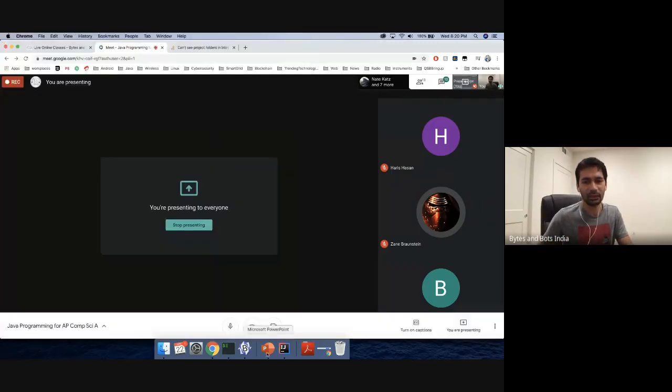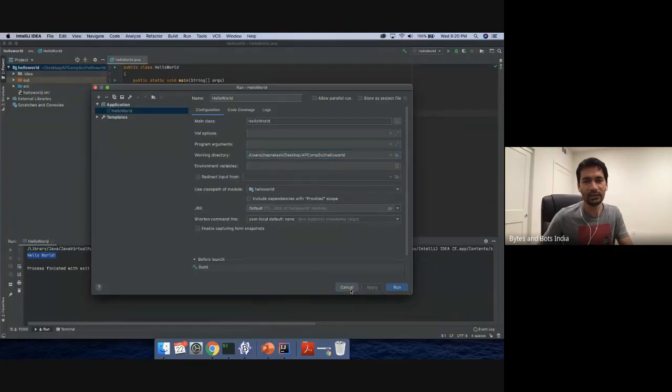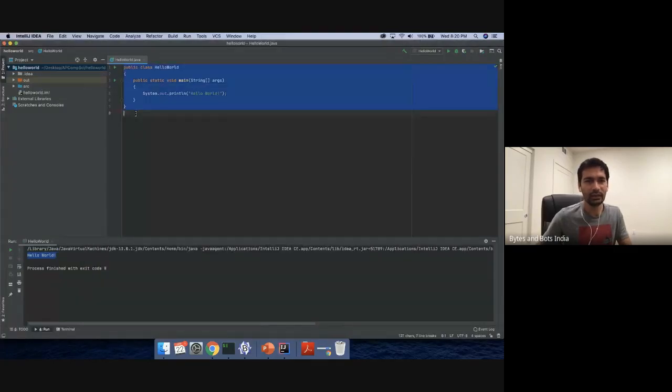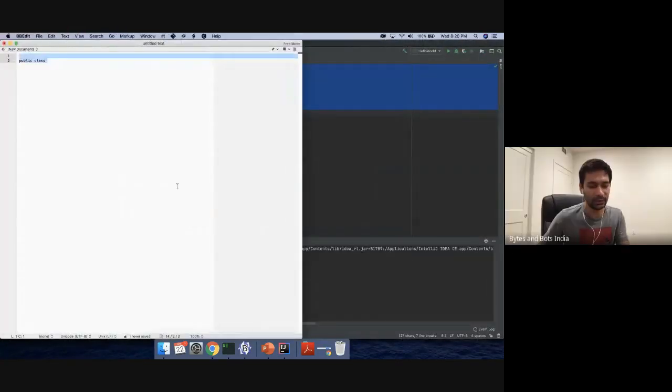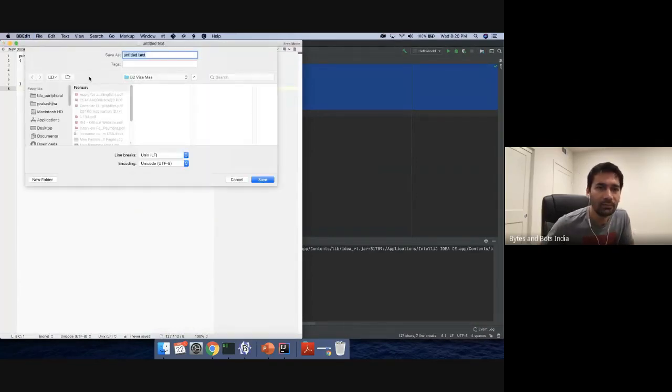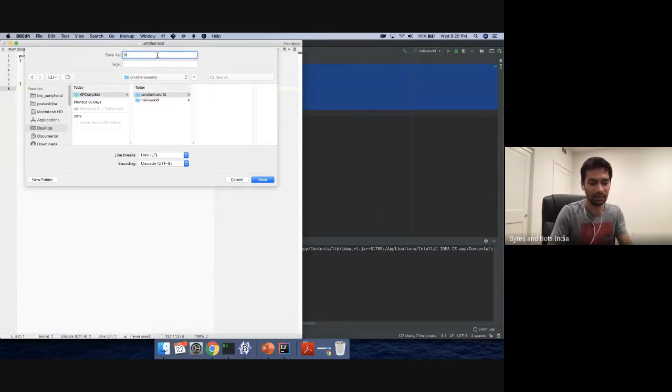In the IDE, this whole thing can be copied and pasted into just a text file, and then you can save it. So I'm saving it on my desktop, computer science. Here, I just name it HelloWorld.java.